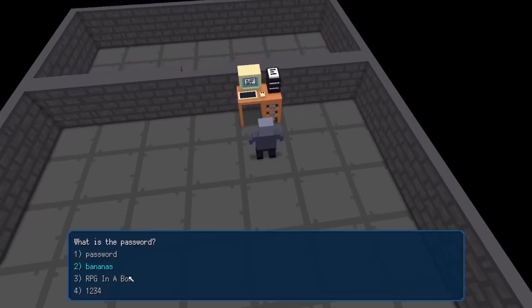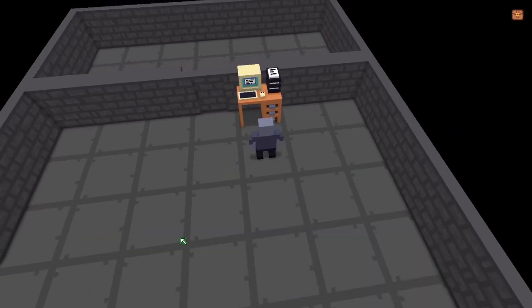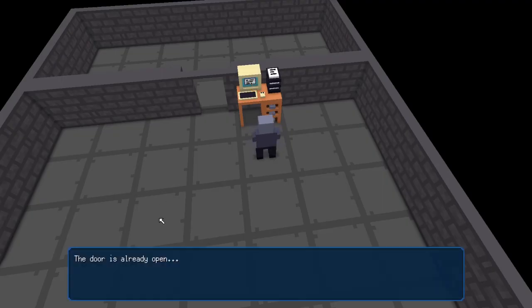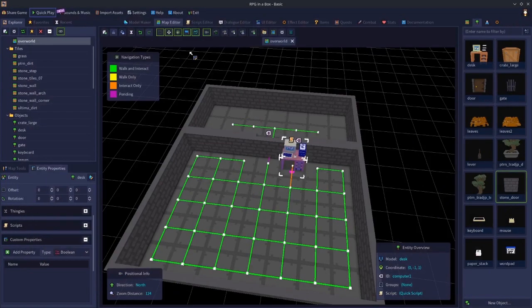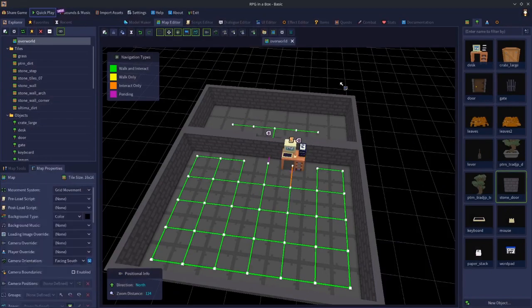But now let's choose RPG in a box. Okay, so the door's slid open. And now if we click the computer, now it's open, we just get the door is already open. Okay, because there's no point having the password options when the goal has already been achieved. So those are a couple of examples of how you can go beyond what we covered in video 1,